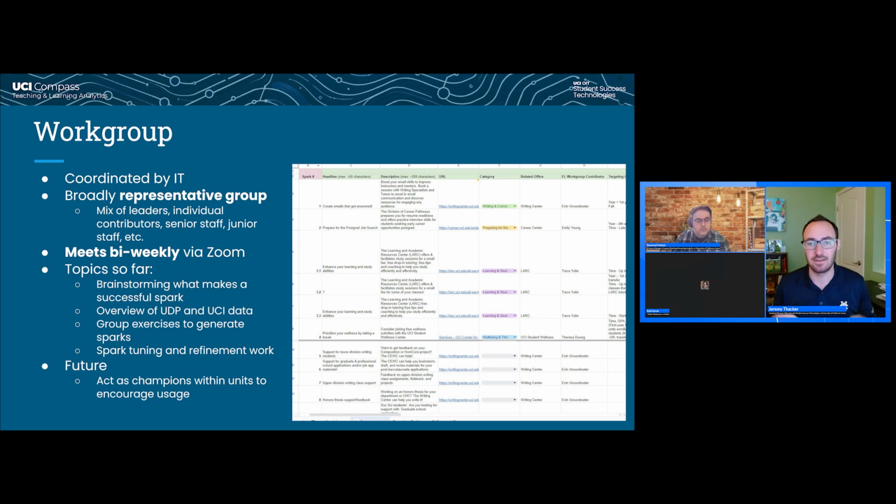We really wanted it to come from a large swath of student life so we could get liaisons to these spaces and bring in unique ideas from around campus for what might be able to be actionable steps for students to take, and how we might best target those things to students to show it to them at the right time. We've met with this group bi-weekly via Zoom, and so far we did a lot of brainstorming around